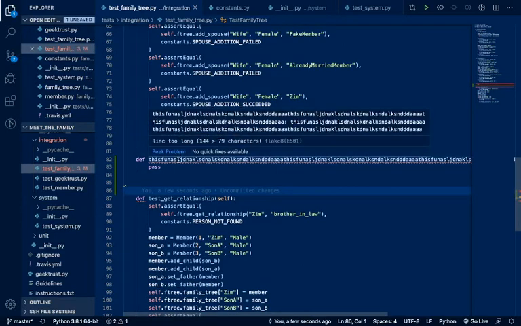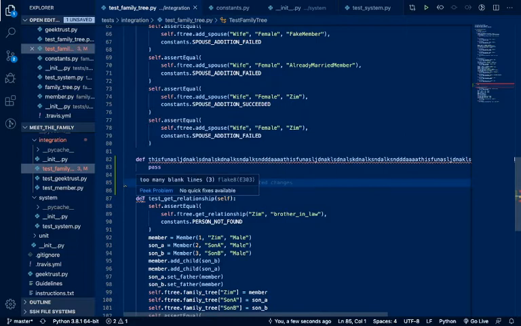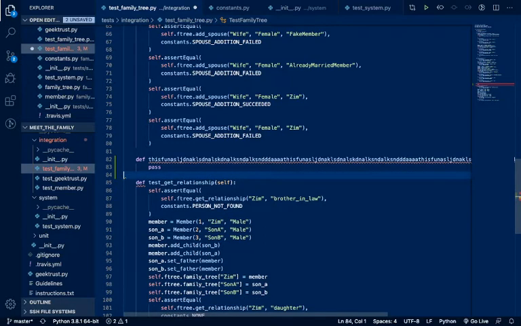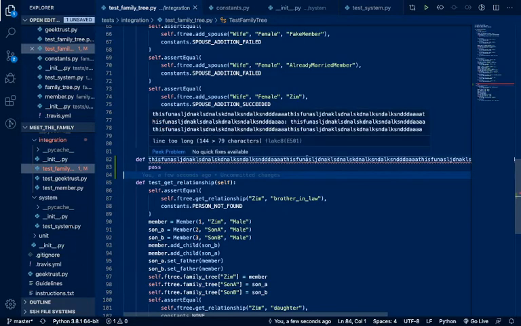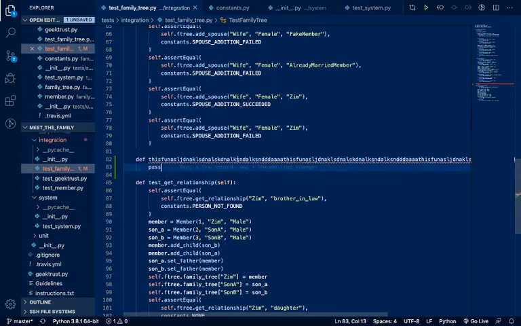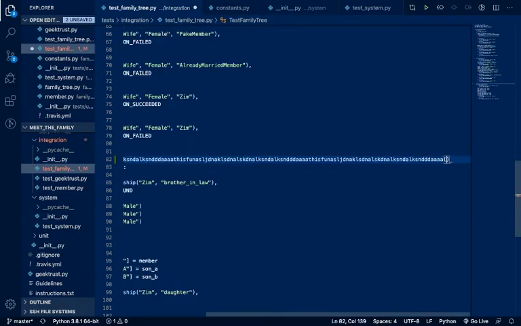As you can see, this says line is too long, this says blank line contains white space, and this says too many blank lines, as in between methods you're supposed to have only one line. You see, this is what a linter does. Once you remove this, you see the too many blank lines is removed because now there's only one line in between these two methods, and we have removed the blank line here as well. And it says the function name is too long, so we are going to have to make it short, right? But we don't really need that, so we're going to delete all that, right?